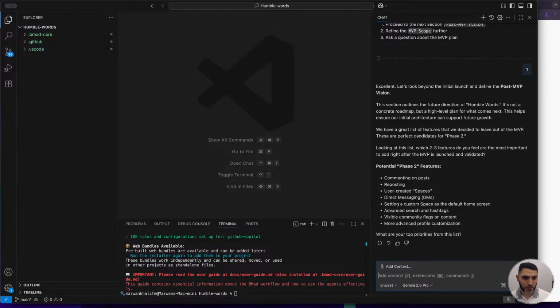Okay. This section outlines the future direction of Humble Words. It's not a concrete roadmap, but a high-level plan for what comes next. This helps ensure our initial architecture can support future growth. We have a great list of features that we decide to leave out of the MVP for phase 2 or anything after that. All right. So looking into this list, which 2 or 3 features do you feel are the most important to add right after MVP? Okay, so for the phase 2 rollout,